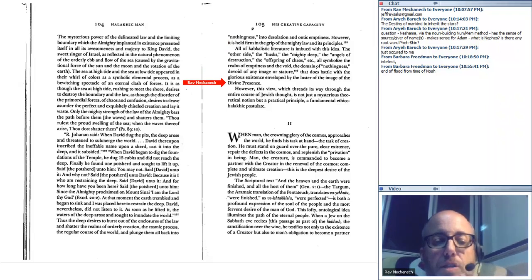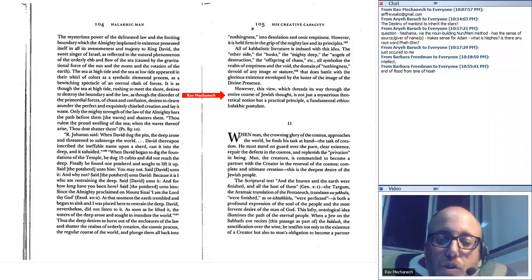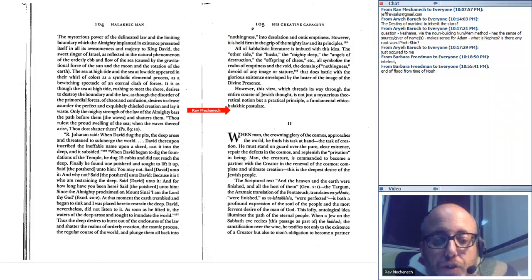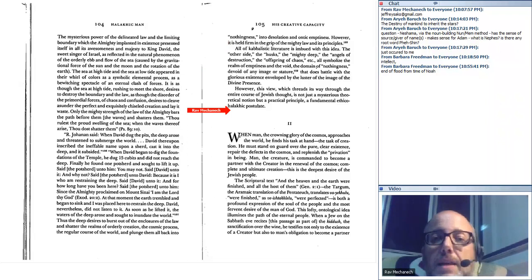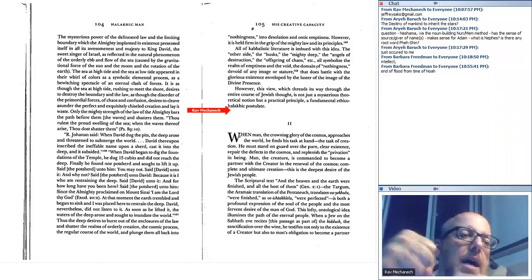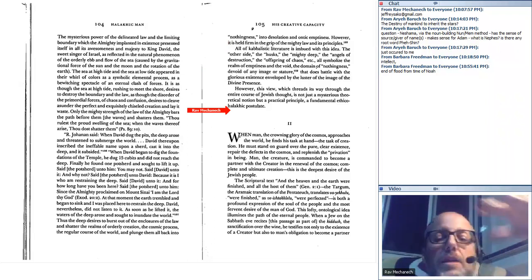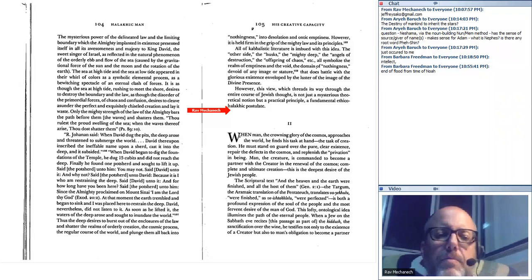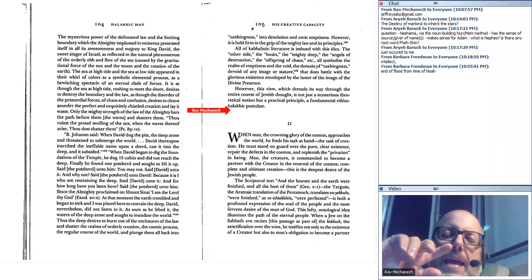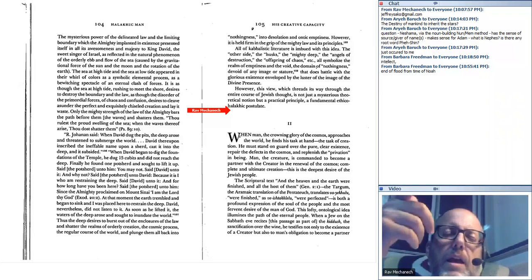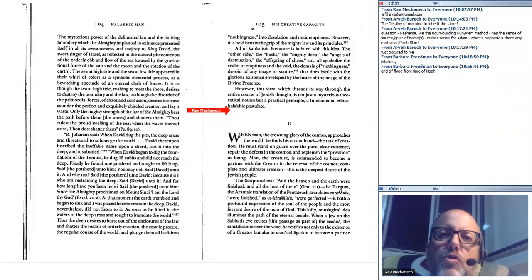However, this view, which threads its way through the entire course of Jewish thought, is not just a mysterious theoretical notion, but a practical principle, a fundamental ethico-halachic postulate. Right? That creativity, creation, is the thing that holds back destruction. But the two are ever in this ongoing struggle. This is all by way of introduction to one view of the Jewish view on creativity,